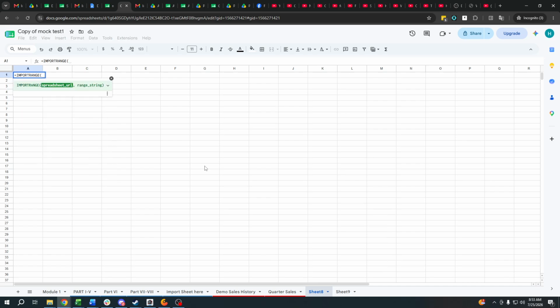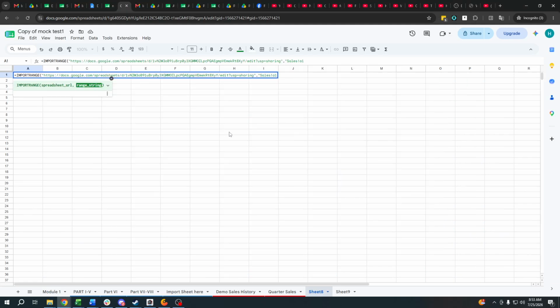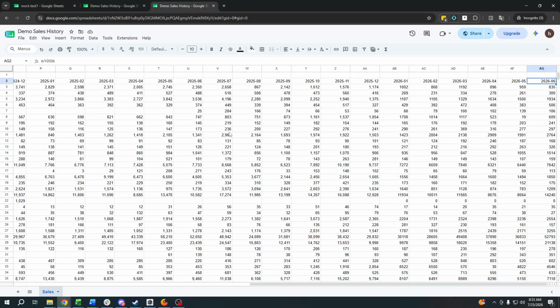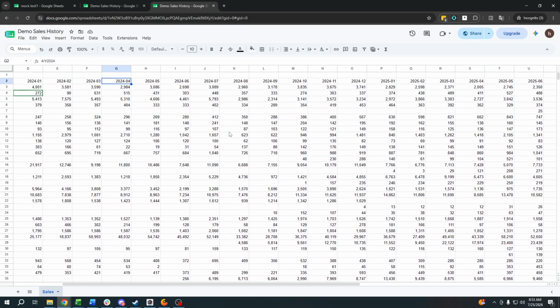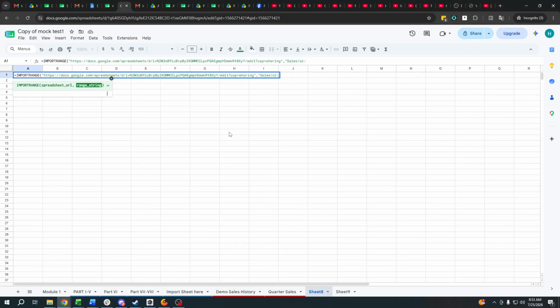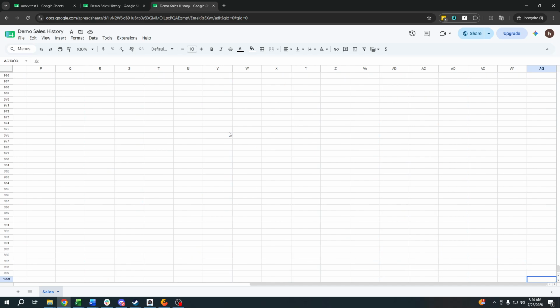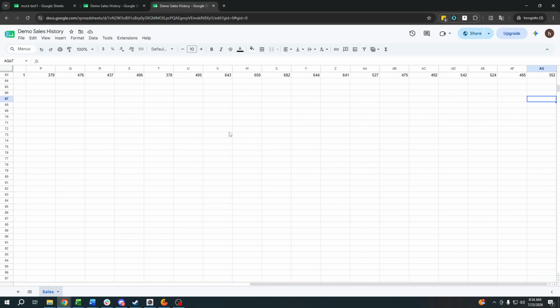Now go to import range, and then parenthesis, then paste the link, and then parenthesis again, sales, exclamation mark, and then A1, colon, and then what's the last column as well, AG, and then what's the lowest row number?